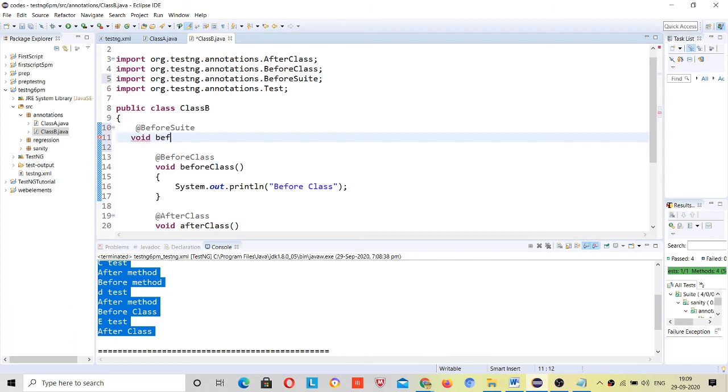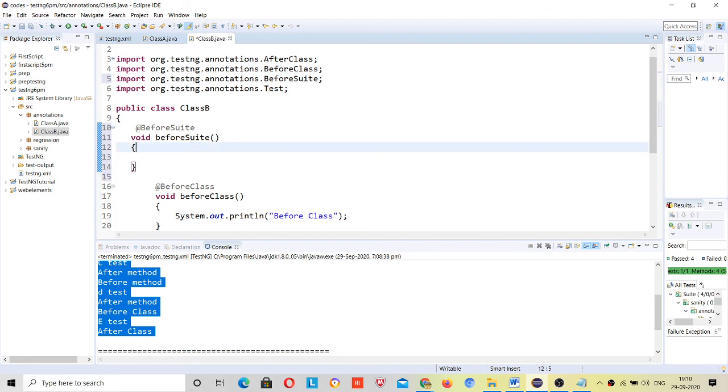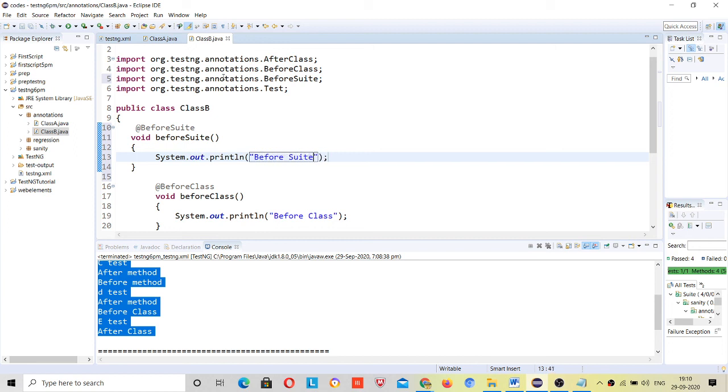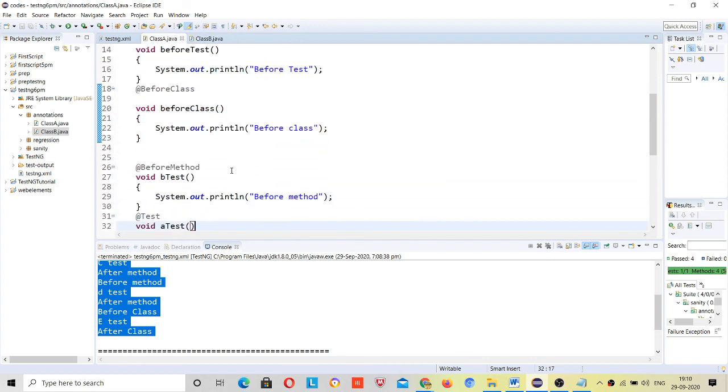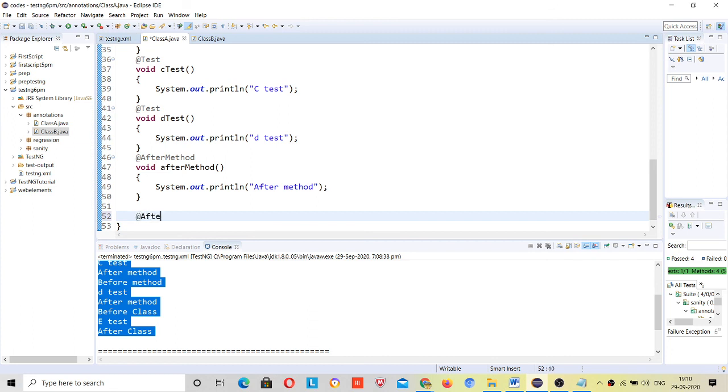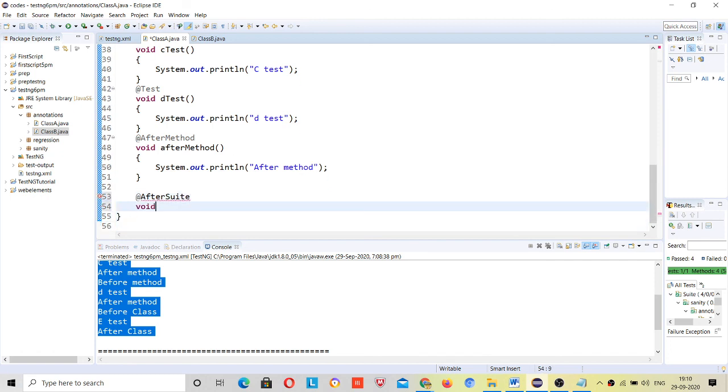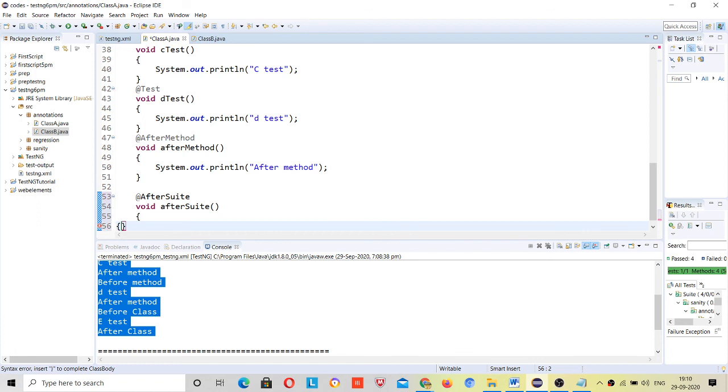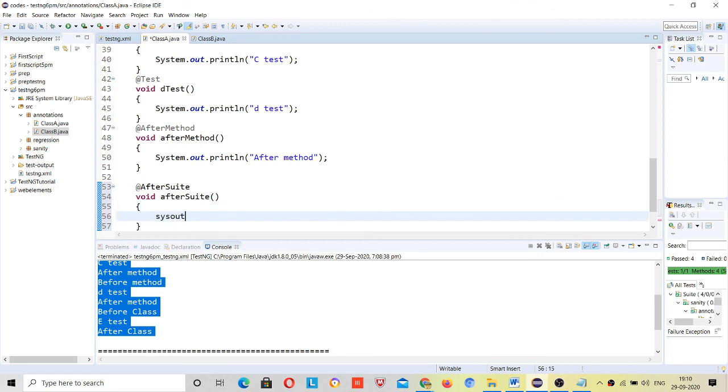Void before suite, sys out before suite, and let me have after suite in this class A. So obviously your result will be like this.